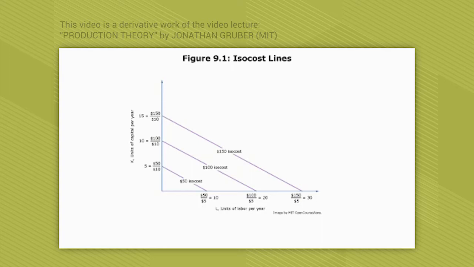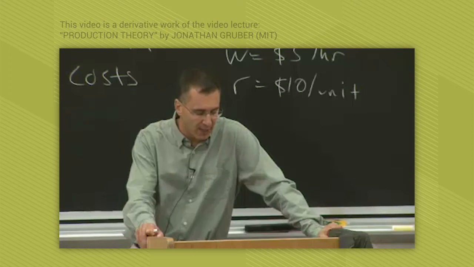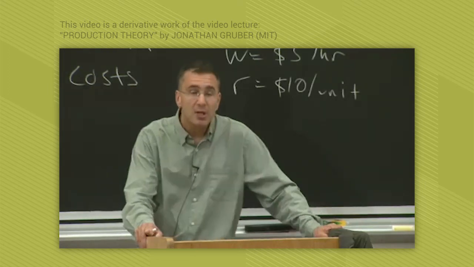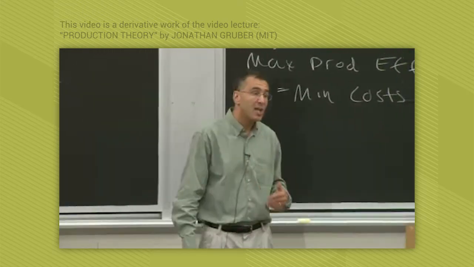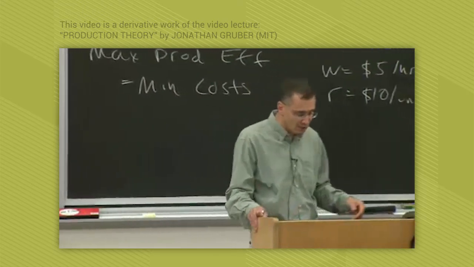Okay? That's what it's telling us. Once again, budget constraints are about opportunity costs. How much labor do you have to give up to get another unit of capital, or how much capital do you have to give up to get another unit of labor? Okay. Now, armed with isoquants, which are like indifference curves, and these isocosts, which are like budget constraints, we can